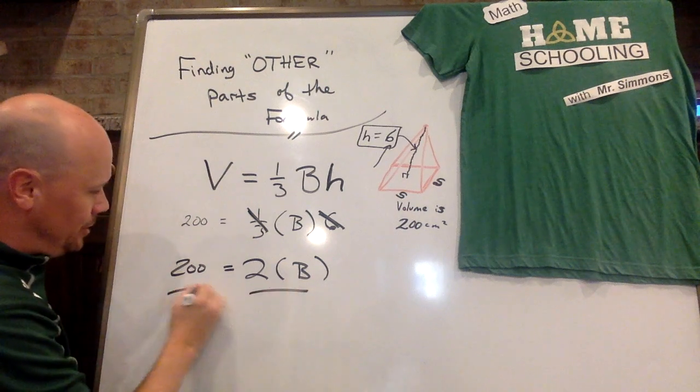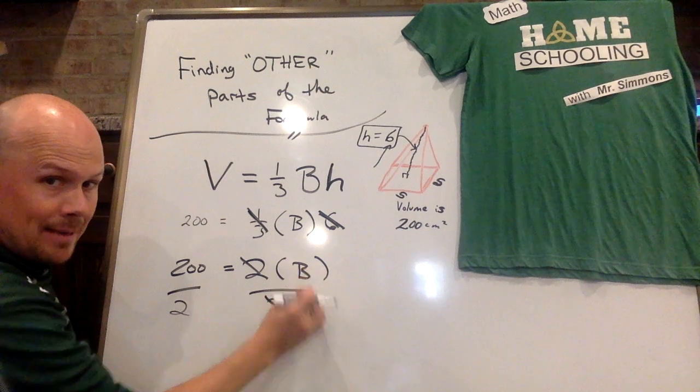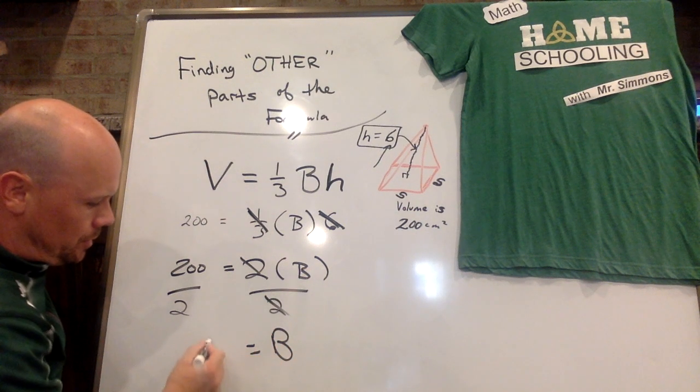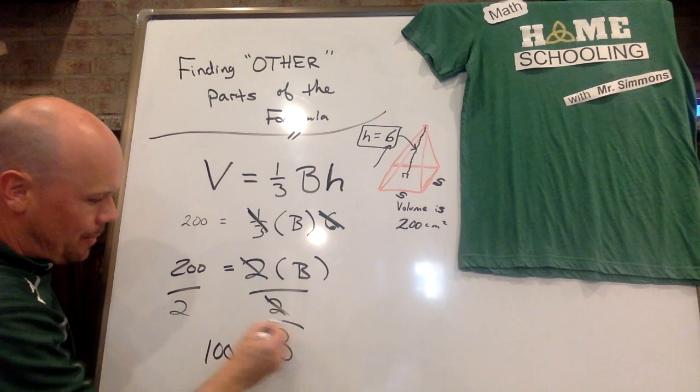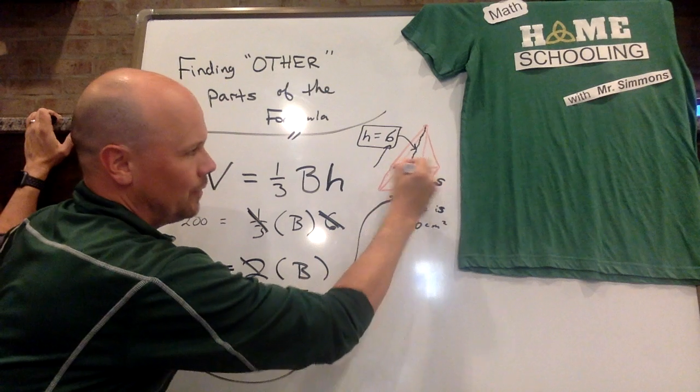If I divide this by 2 and I divide this by 2, these are going to cancel out. Area of the base comes down. Area of the base is equal to 100. But remember, that's the area of the base. That's not each side. That means that the entire floor here,